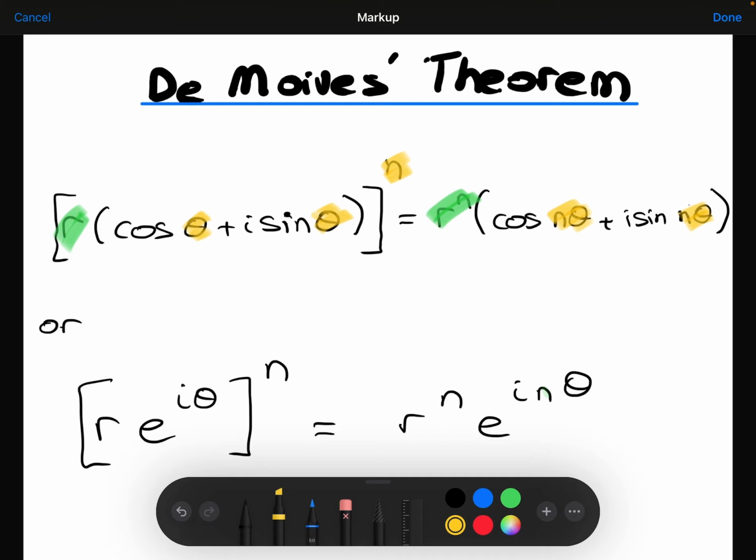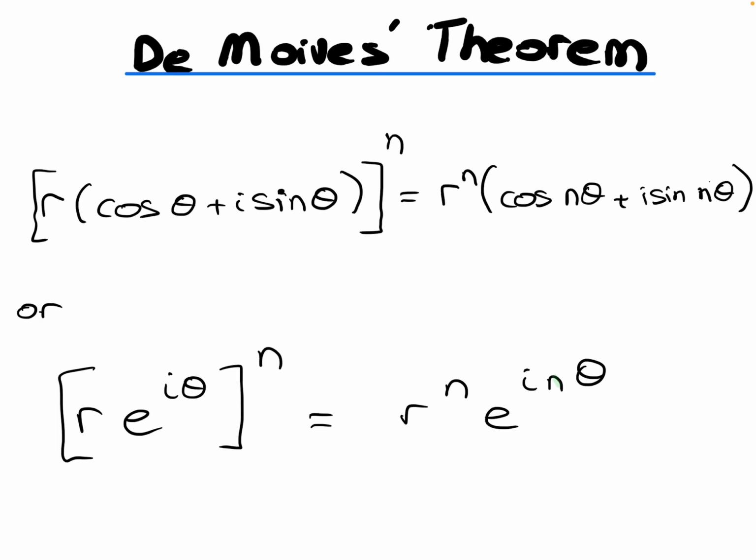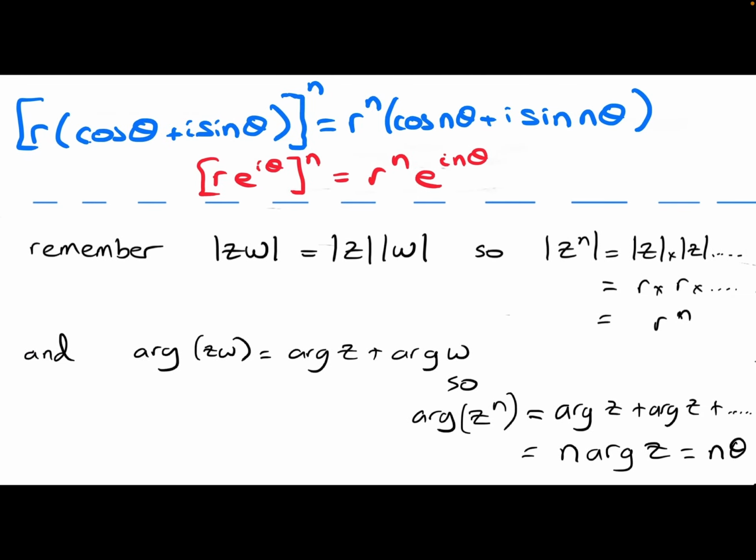Similarly, in exponential form at the bottom here, take the modulus, put it to the power n, take the argument, multiply it by n. So put the modulus to the power, multiply the argument by the power. This should hopefully make sense,